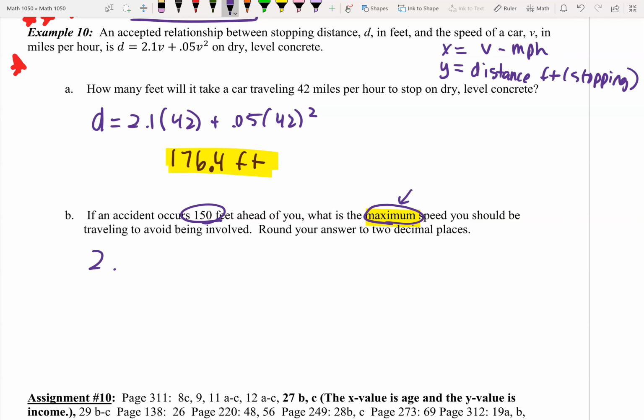So you go 2.1v plus 0.05v squared is equal to 150. Now what do I do? Do I do quadratic right now? Move your 150 over. So I have 0.05v to the second plus 2.1v minus 150 is equal to 0. Some people got that far with my other students, and then they started doing the negative b over 2a, and that's not what you're supposed to